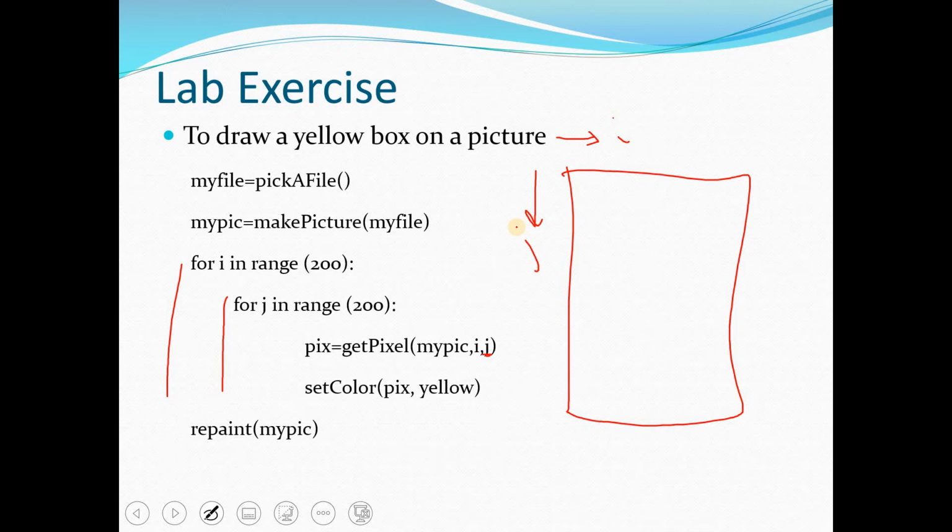But remember, j is changing more rapidly, I is changing slowly. For example, when I is 0, j will go through all the values, from 0 until 200. So it will change like this, and then I will be 1,